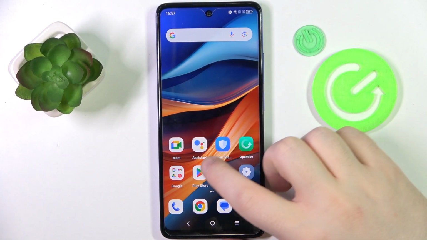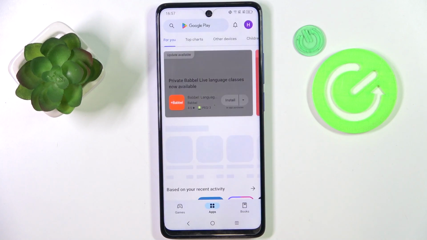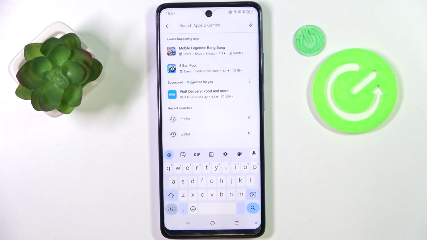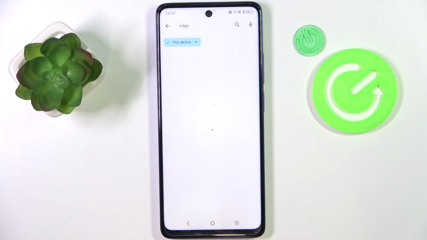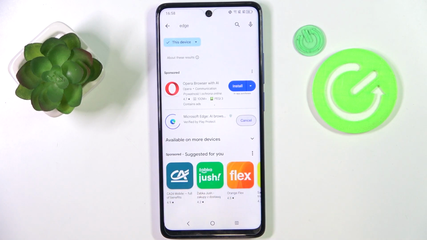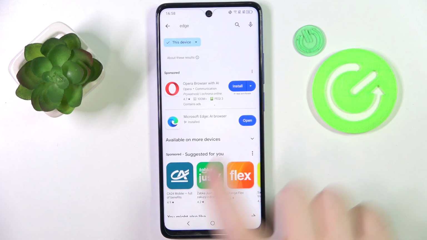So you have to start by opening your Google Play Store and now click on search bar and type in Edge and click search and now click install. Now you can click open